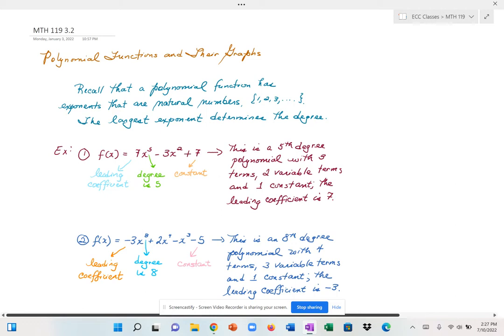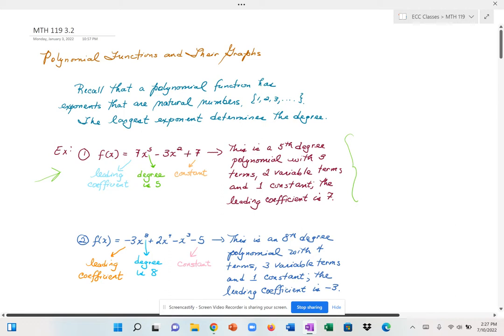And so all of your terms could either be variable terms or a constant, but the term with the largest exponent will determine the degree. So an example like this one, this is considered to be a fifth degree polynomial with three terms in total. Two of them are variable terms, the first one and the second one, and the constant is 7. The leading coefficient is also 7, but that refers to the number right in front of the variable part that